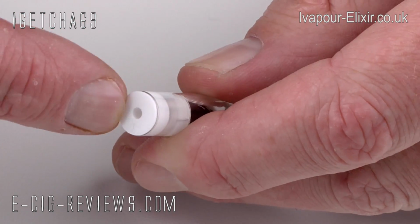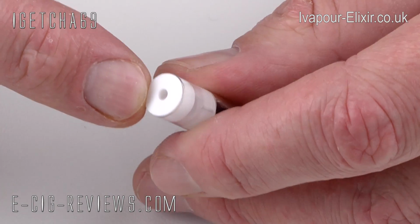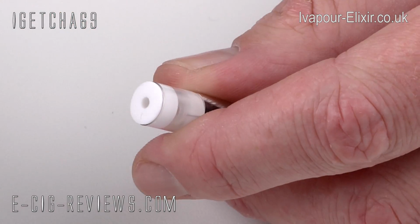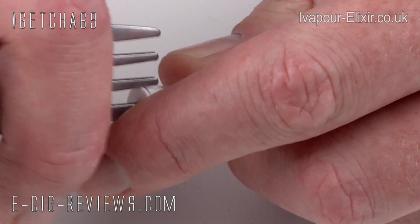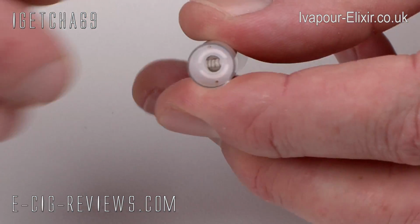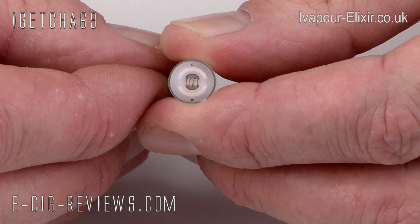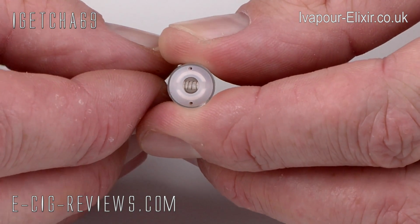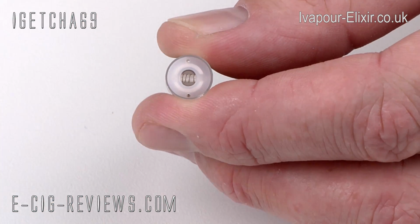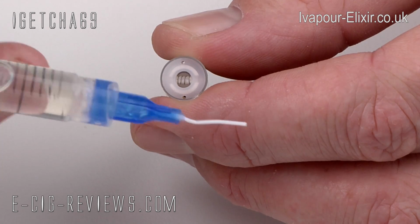Okay, so like I said, in order to fill it, you need to remove this rubber bung. You can just use anything that'll fit in that little hole. I've got a fork here, which actually seems to work quite well, and you just got to prise it out like that. Now you should be able to see at the top and the bottom are two tiny little holes, and you can see the heating coil in the middle there. Now you need to use one of these, which is a filling needle and your